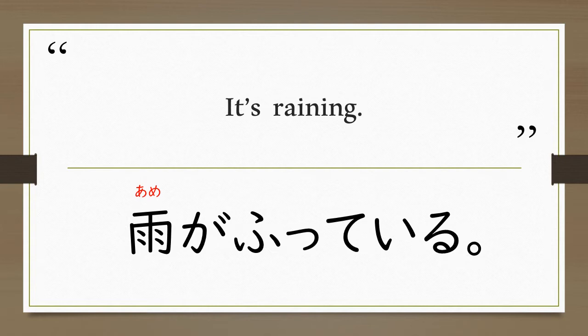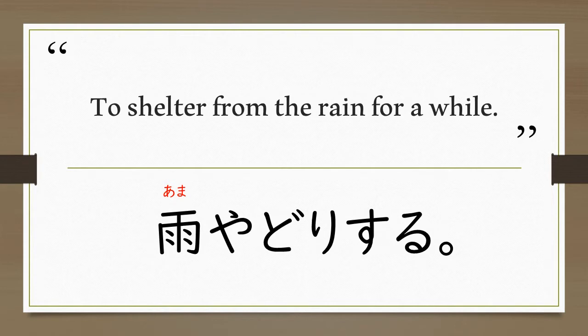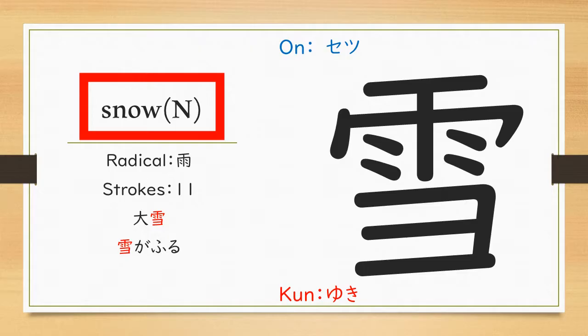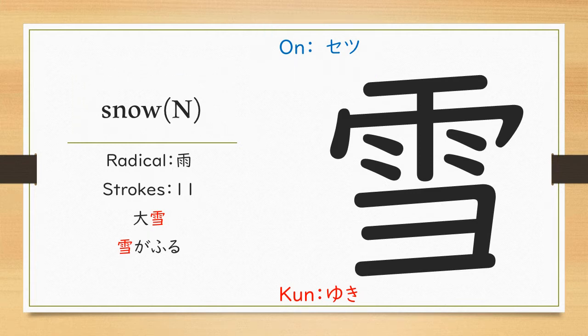We want to say it's raining, so we need a verb, which is 降る。雨が降る。ing form 雨が降っている。This is the common expression 雨宿りする to shelter from the rain for a while so that you don't get soaked. 雨宿りする。